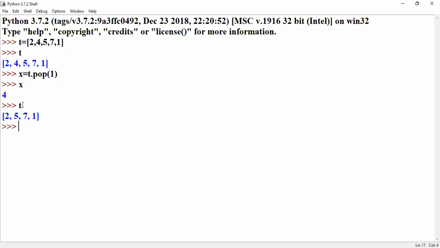Now if we do not want the deleted element to be stored in any variable, then we go for the del option. That is, now T, what we have? T, we have 2, 5, 7, 1. Correct? Now suppose, before going for del, if I don't pass any parameters, say, if I say just T dot pop,